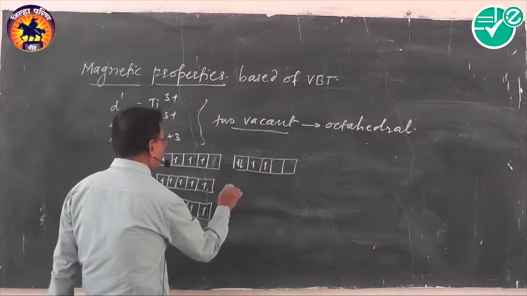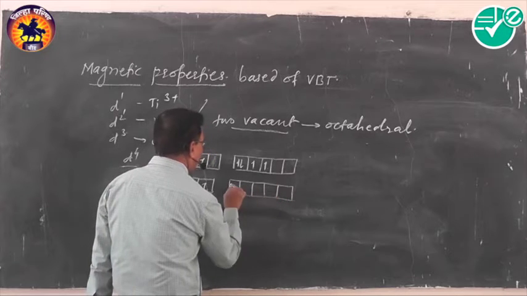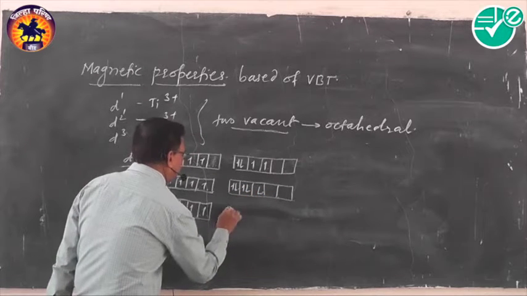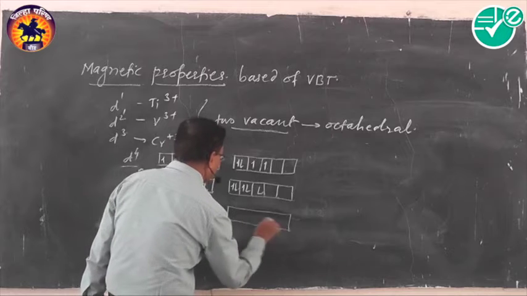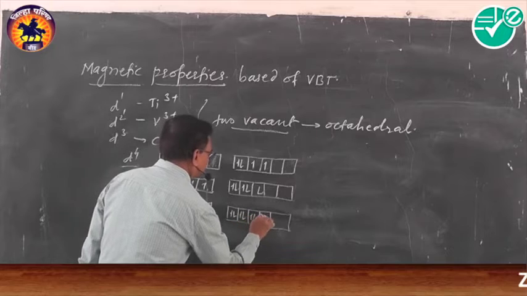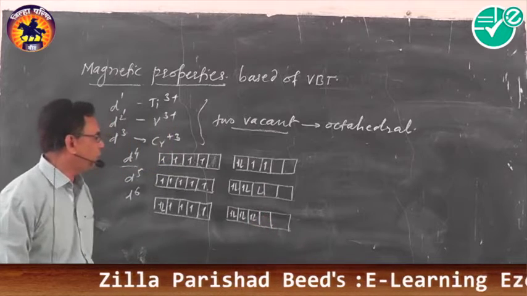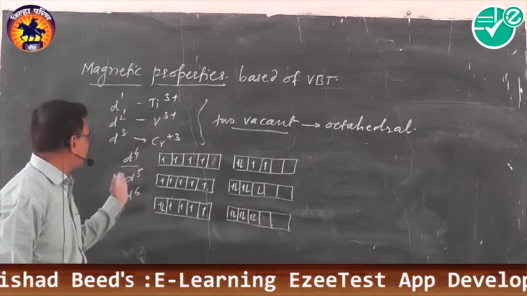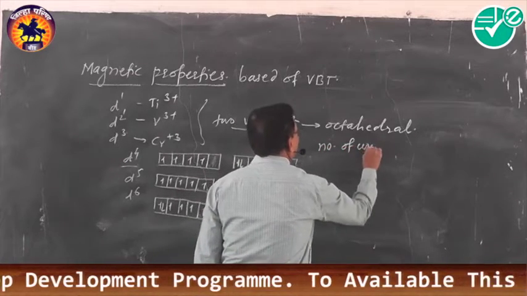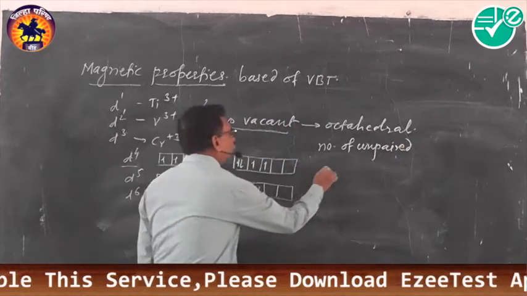In case of D4, in case of D5, it becomes like this, D5. And in case of D6, it becomes like this. So in this case, now two d orbitals can be available for hybridization. And the central metal ion has number of unpaired electrons in these D4, D5 and D6 cases as 2,